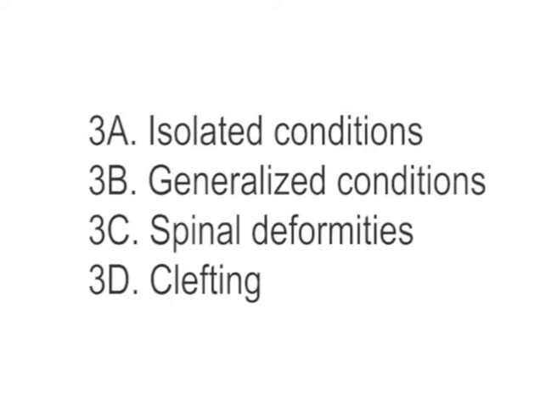Congenital anomalies or malformations can be broadly divided into 4 categories: isolated conditions, generalized conditions, spinal deformities and clefting. So, I will take them one by one. Isolated conditions. These conditions are divided on the basis of their anatomical location. These conditions may or may not occur together with other different types of congenital anomalies. First,